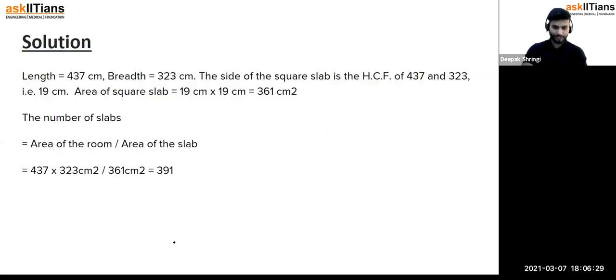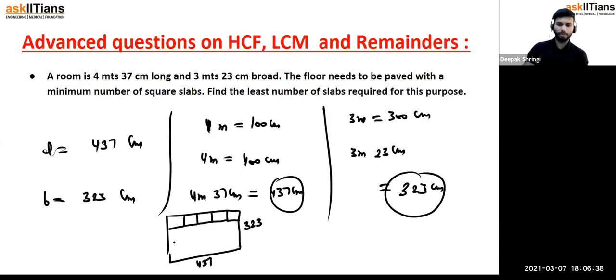एक्सप्लेन करूं? देखो, इसमें क्या था कि आप लोगों ने बोला कि 437 और 323 का एचसीएफ निकालना है, तो वो आया था 19, ठीक है। होगा क्या, असल में आपको बताता हूं। यहाँ पे जो स्लैब्स रखनी है, स्लैब्स ऐसी रखनी है कि वो दोनों का मल्टीपल होंगी, इस टाइप की स्लैब रखनी है हमको, राइट। तो बेसिकली लेंथ के अंदर कुछ नंबर ऑफ स्लैब्स आ जाएंगी और ब्रेथ के अंदर भी कुछ नंबर ऑफ स्लैब्स आ जाएंगी। कितने नंबर ऑफ, देखो 19 का स्क्वायर कितना होता है, 361 होता है, सॉरी, ठीक है।